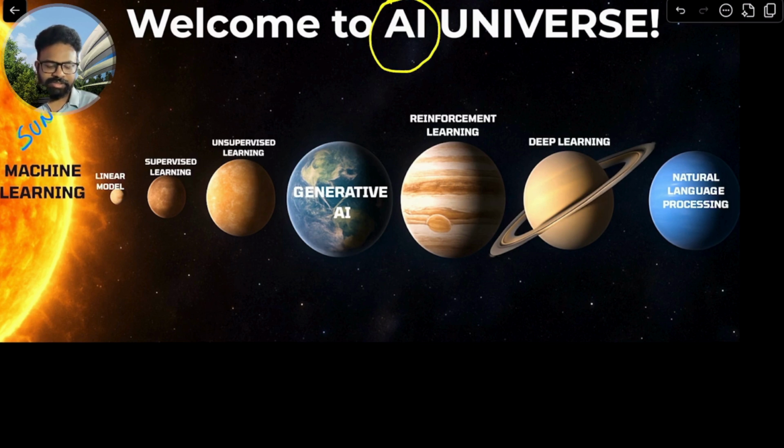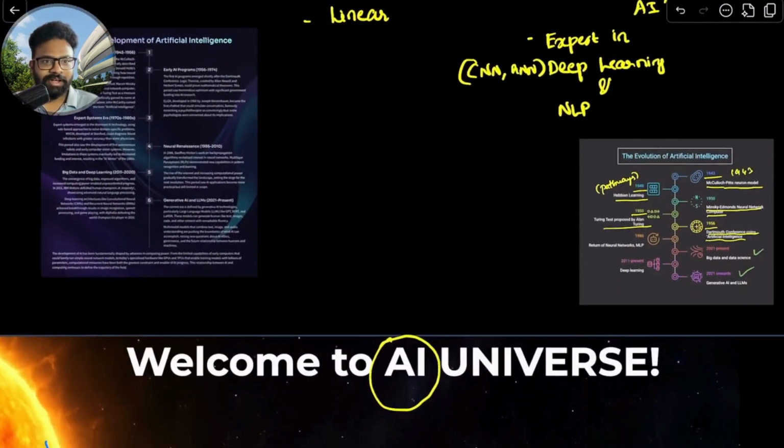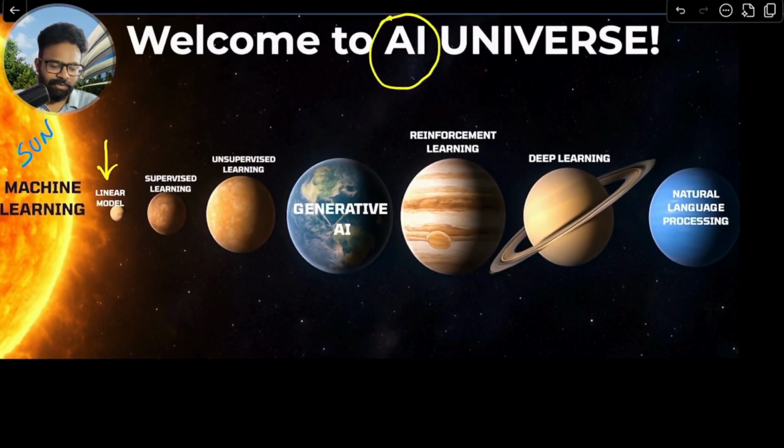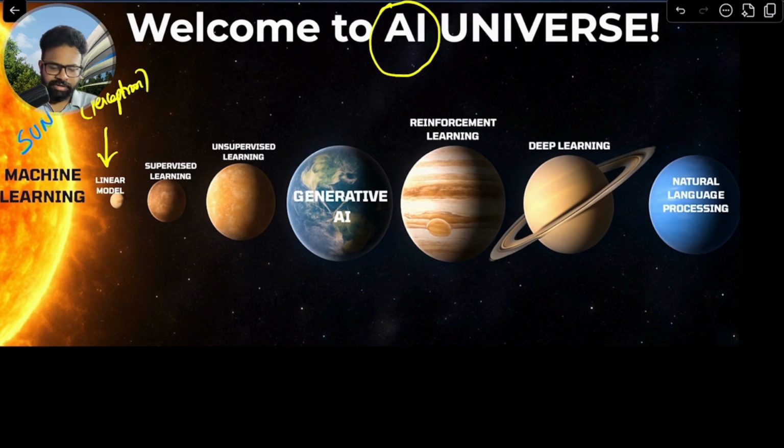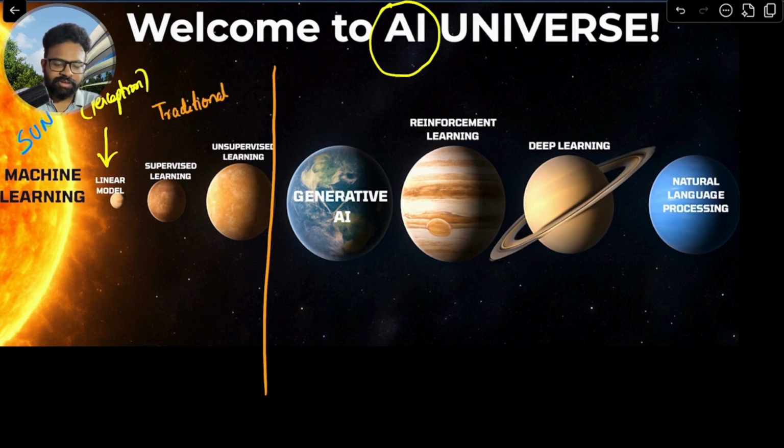In this case, say for example, the first planet, or the first algorithm they came up with, was the linear model, developed by Frank Rosenblatt. That linear model was called the perceptron. This perceptron was the breakthrough in algorithms or models with respect to complex task processing. You can differentiate the algorithms used in cybersecurity into two. Till this planet, the linear model, supervised learning, and unsupervised learning, you are going to use traditional AI or ML,